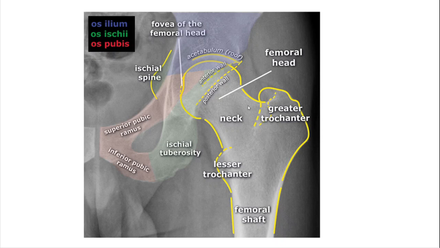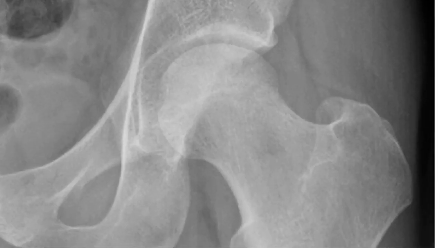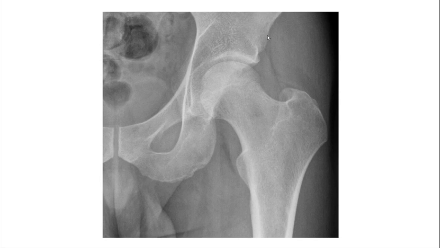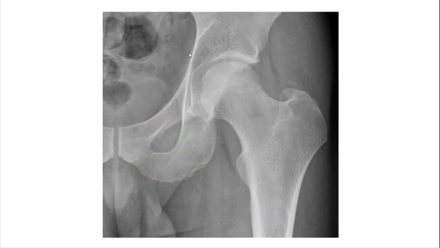Another thing that is shown here is the anterior and posterior walls of the acetabulum itself. If we look closely in here, if I zoom into this, then you will be able to see one shadow is this one, very feeble, and another shadow is this one. These form the anterior and posterior margins of the acetabulum, whereas this forms the roof of the acetabulum, the acetabular roof, right? Okay, and a little bit of shadow of the ischial spine. This one, the ischial spine, is also present, which is directed backwards and medially, right?